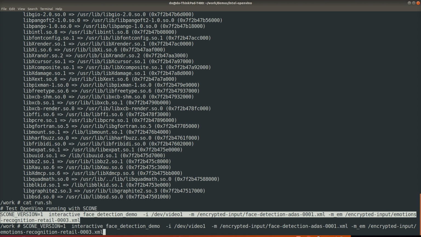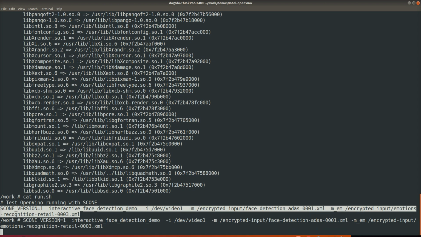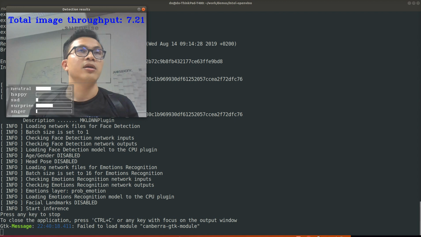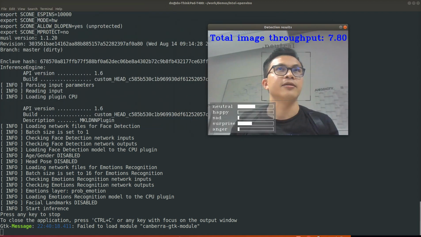So all the models here have been encrypted, and let's run it. As you can see, the application runs inside the Intel